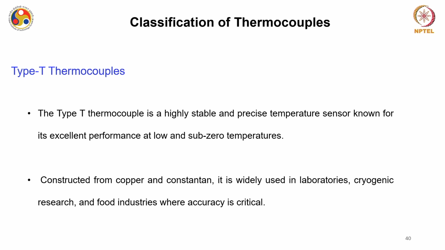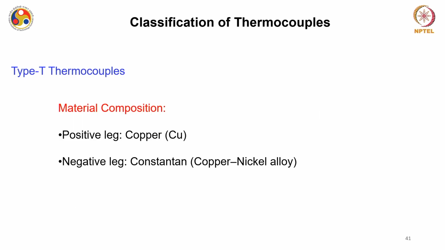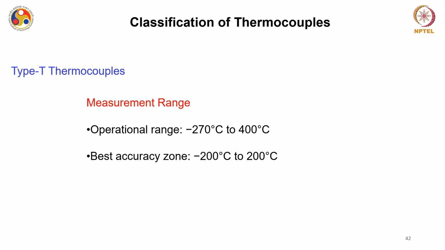In fact, food industry is also one of the areas where this type T thermocouple has found its application. Okay, the material composition is also very simple. The positive leg is made up of copper, while the negative leg is again made up of constantan, which is an alloy of copper and nickel. All right, and the operating range is around minus 270 degrees Celsius to 400 degrees Celsius,